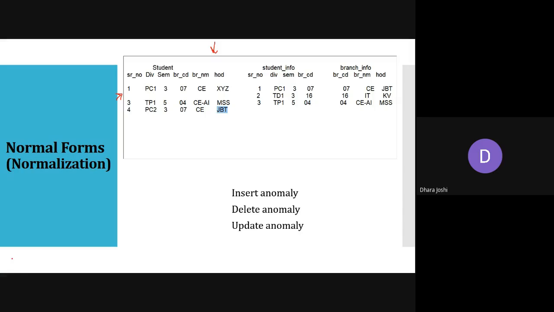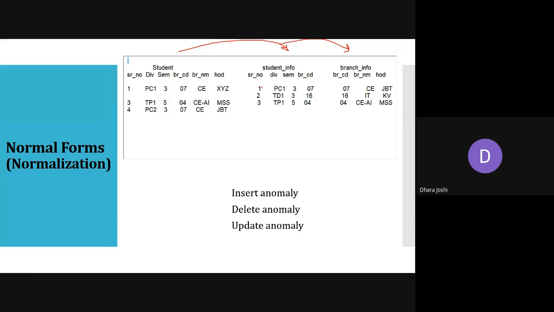What is the solution for all these kinds of database anomalies? We can divide this student table into two different tables, because the student table contains the information of the student as well as the branch or the department. So we will decompose it.